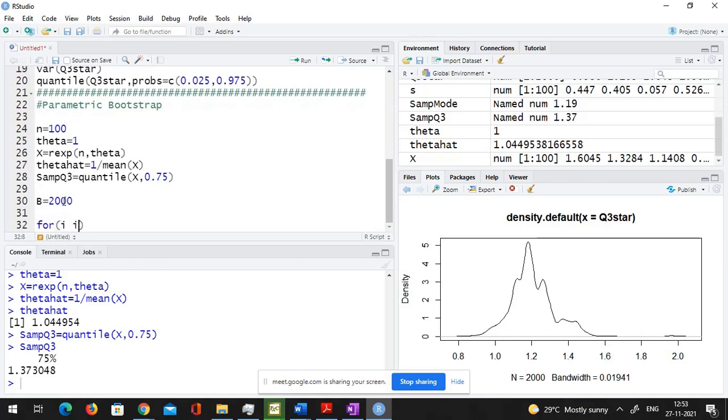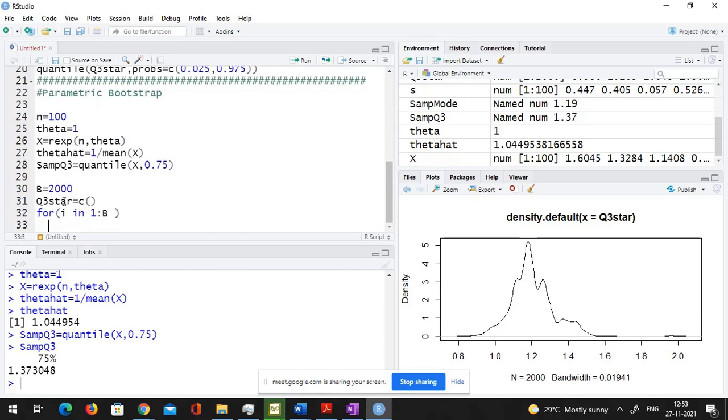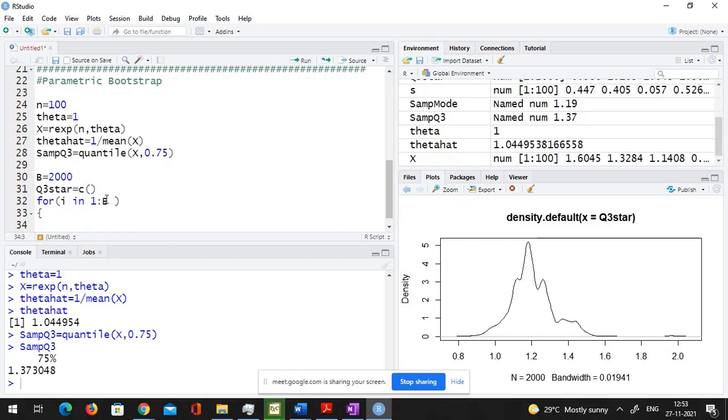Then for i in 1 to B, let me take again Q3 star for storing the values of Q3. For i in 1 to B, what am I going to do? How do I get the bootstrap sample? rexp.